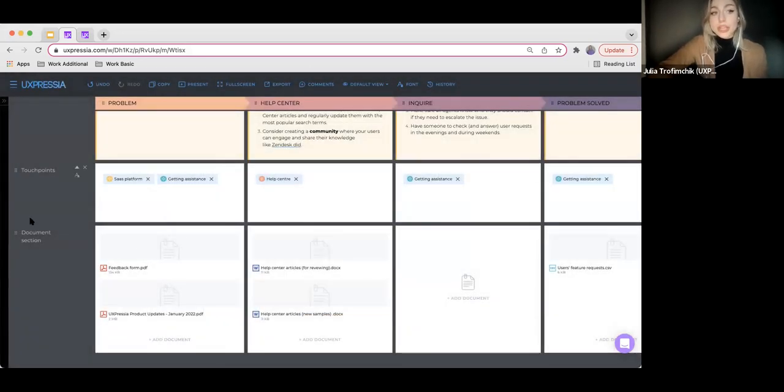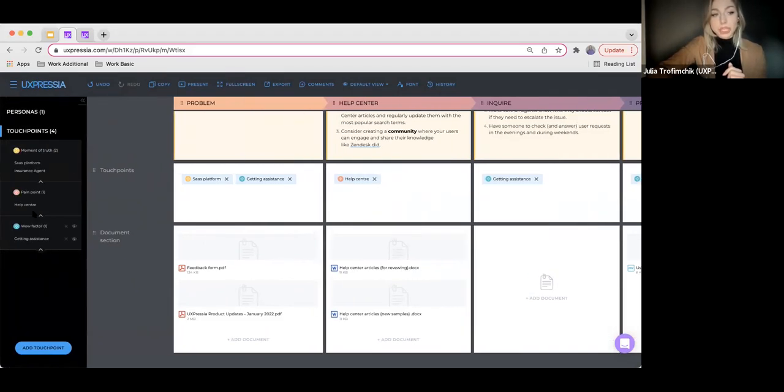And as I've mentioned earlier, it's possible to filter your touch points right here on the map level. To filter those, you need to open this left side panel. Here we have the Personas tab and the Touch Points tab, where you can hide the groups of touch points that are irrelevant at the moment. For example, we want to focus just on the pain point touch point.